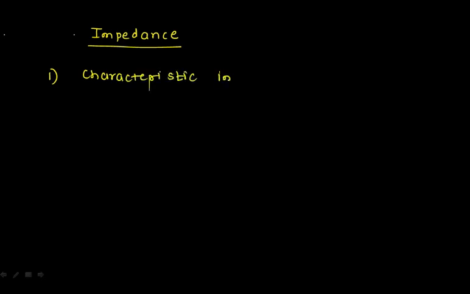So let us start our session with the three types of impedances. When I say impedance, I need to consider here three types of impedance. The first impedance which I'll talk about is the characteristic impedance. The second impedance which I'm going to talk about here is the free space impedance. Here I'm considering whatever my media, that is the ideal media. Sometimes it is also called an intrinsic impedance.